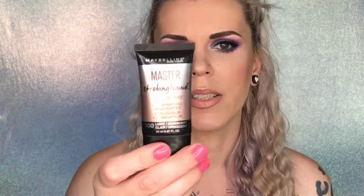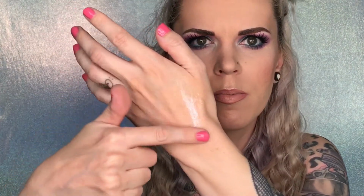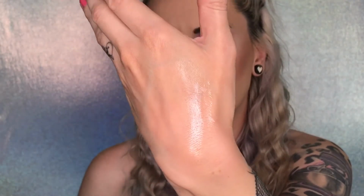Another item from Maybelline, I actually have two more items, is the Maybelline Master Strobing Liquid. If you like liquid highlighters, this stuff is amazing. It's only like $8 Canadian. Let me just show you. I'm wearing it today, if you can see my glow. But look at that. It's such a pretty